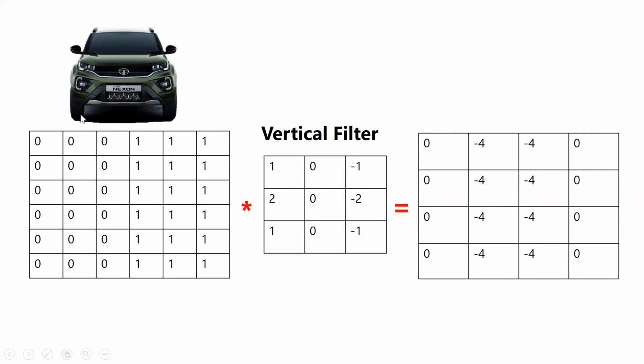Simple. So when you get these coordinates, for example, from the tire to the roof, from here also from tire to roof, and when we apply the horizontal filter from this end to this end of the roof, and from this end to this end of the bonnet, then we can easily identify this is a car, right? The same thing is happening over here.